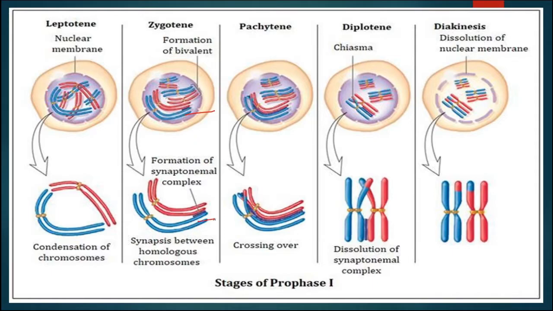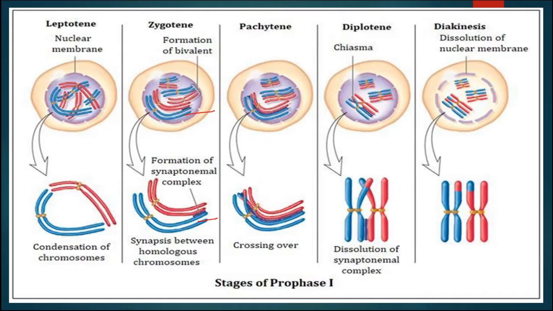Here we can see the synaptonemal complex, which occurs between 2 homologous chromosomes. So synapsis is the identifying feature of this stage, that is zygotene. Then it will enter into the third stage, known as pachytene, where these 2 chromosomes will exchange part at that particular point. This site is known as the crossover site and this phenomenon is known as crossing over,